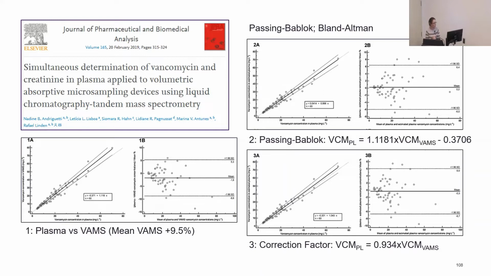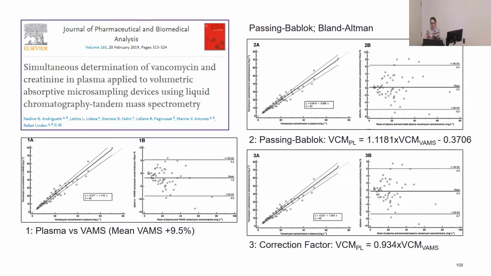This is a study where they were looking at vancomycin and creatinine in plasma using VAMS devices. And I've only just got the vancomycin data here, but here they presented a Passing-Bablok with a Bland-Altman. And so what they did here with the analysis was they compared plasma to VAMS, and they found there was a mean bias of around 9.5%. But when they used the Passing-Bablok